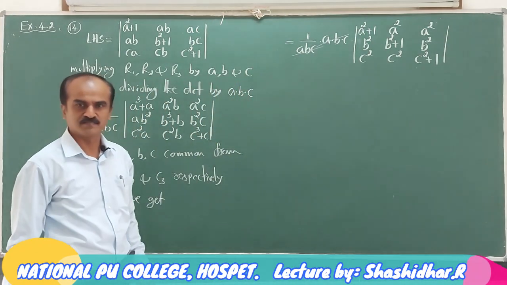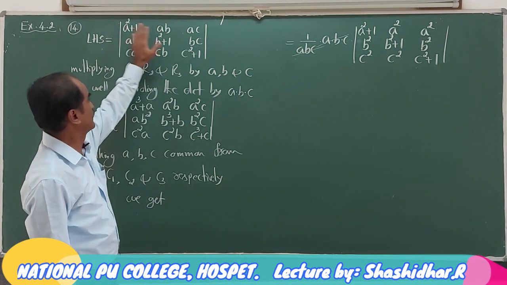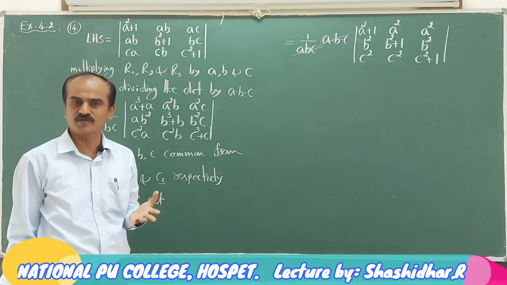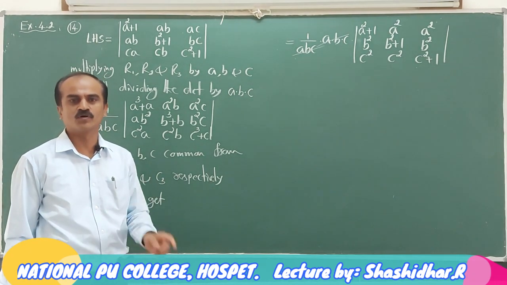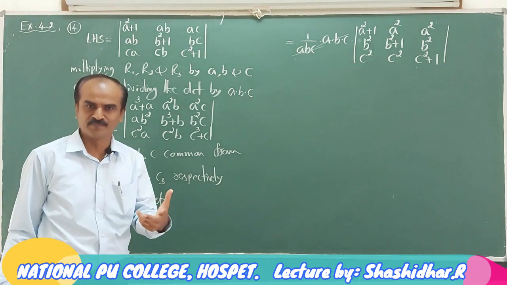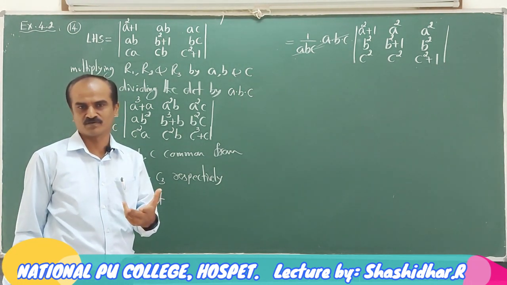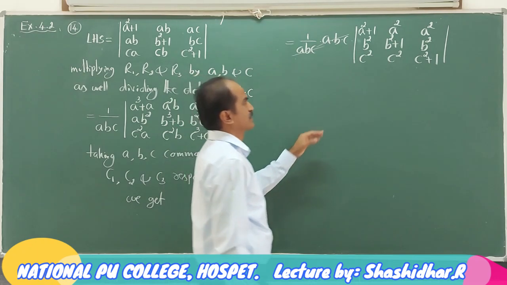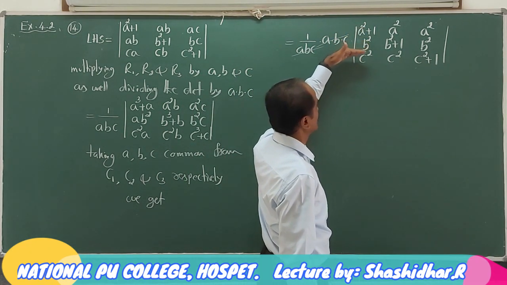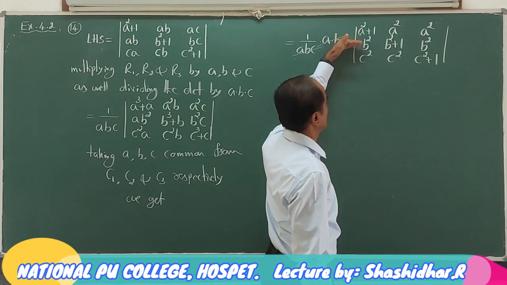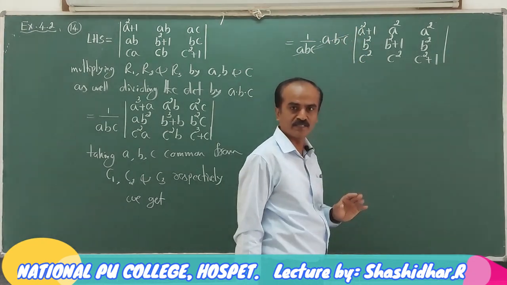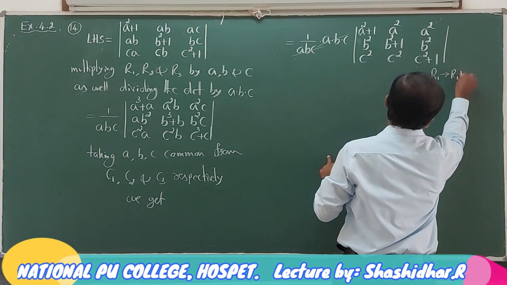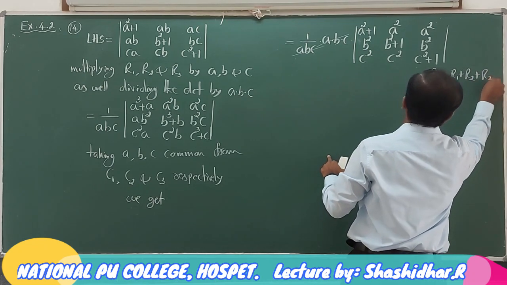Now observe the elements after this change. If you observe each element of the determinant, it is either a square, b square or c square. Now definitely I can plan for either a row or column operation in order to get all the elements in that row or column to contain 1 plus a square plus b square plus c square. Definitely it is possible. Now observe here, 1 plus a square, here b square, here c square, that is R1, R2, R3. We are adding R2 and R3 elements to R1. So write R1 changes to R1 plus R2 plus R3.